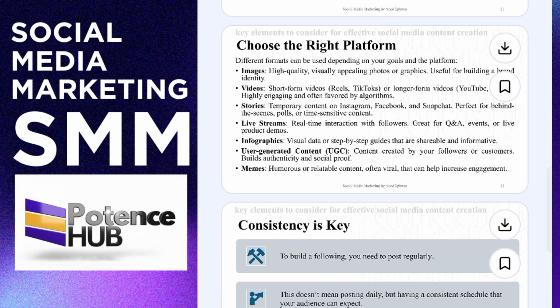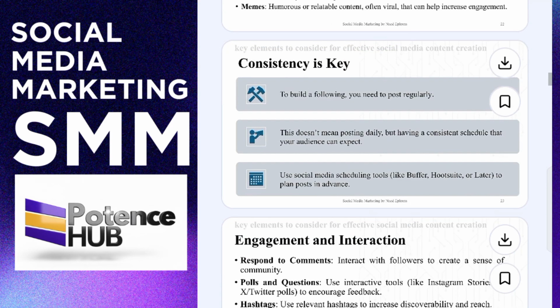Are we together now? Choose the right platform for your image, video. Know which platform is good for reels, videos, and all of that. You have YouTube, you have TikTok, you have a couple of them that will be able to do that for you. Choose also platforms that are good on stories, so that you can post stories. Facebook is one of that. Snapchat, perfect one for that. Instagram as well. And you choose a platform if you want to be doing live streaming, question and answer series, events, and the rest of that. There are platforms for this. You choose the right platform for it. Are we together? And that is going to take you to your milestone.